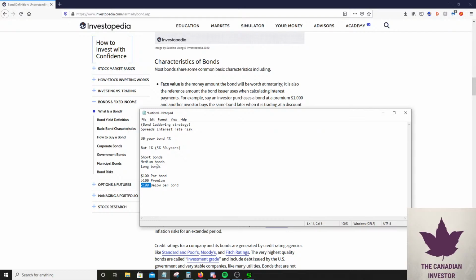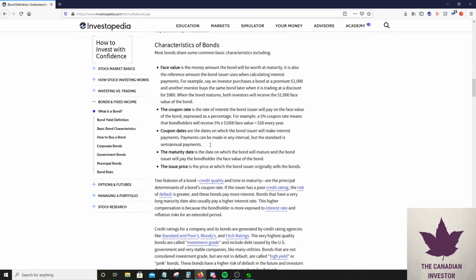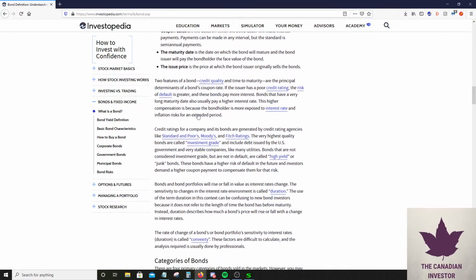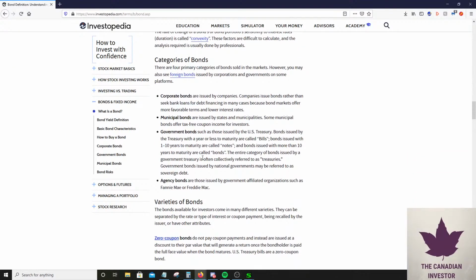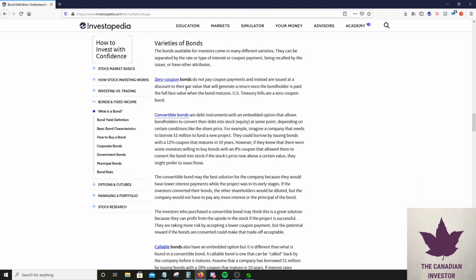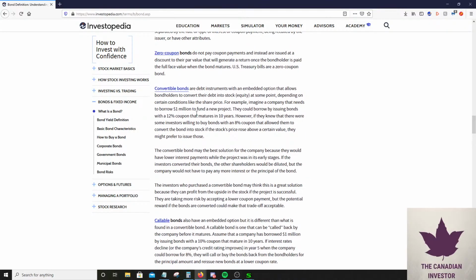In this hypothetical example, if interest rates did go up, maybe we bought this bond at $100. Well, if interest rates went up 1%, our bond might be worth $94. I'm not too sure on the exact calculation for it, but as long as you understand the theory, I think you should be alright. The coupon rate, issue price, defaults are pretty intimidating. Varieties: you can do zero coupon, you can do convertible. Convertible bonds is one thing I'm going to do because I find that kind of interesting. You guys can pause the video and read about this.